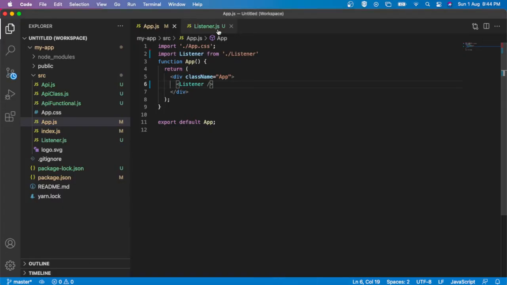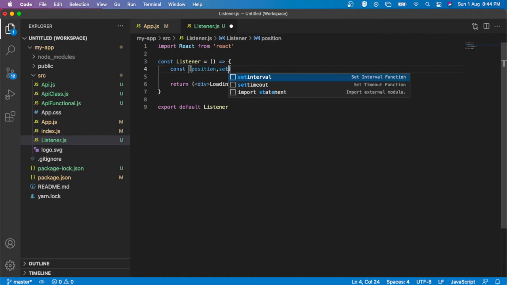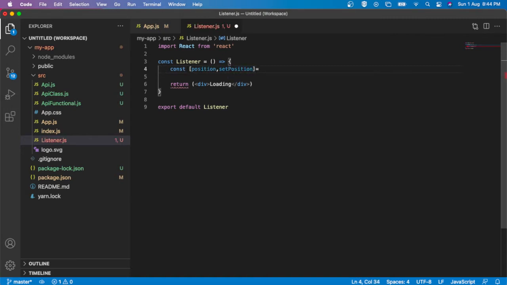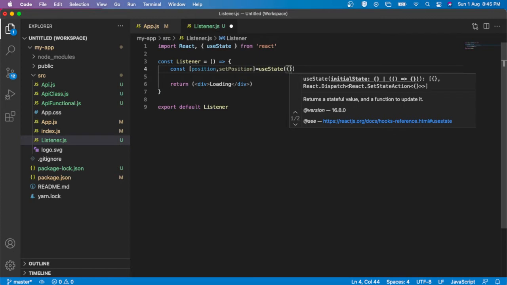For that I am going to create an object first. Const position, setPosition. Here I am going to declare an object.